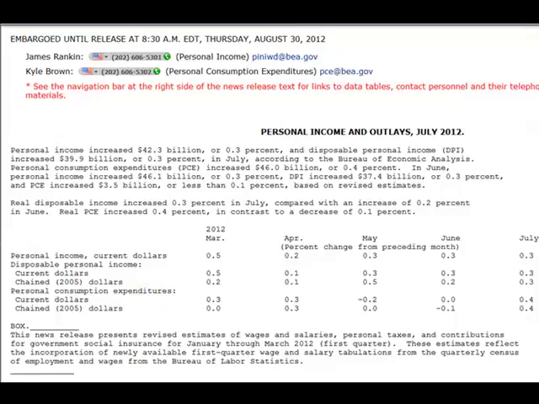Proprietors' income is income for businesses owned by individuals, including partnerships, rather than corporations, and includes farm and non-farm businesses. Rental income is income to persons from rental of real physical property. Personal income from receipts on assets is made up of personal interest income and personal dividend income. Personal current transfer receipts are income payments to persons for which no current services are performed.